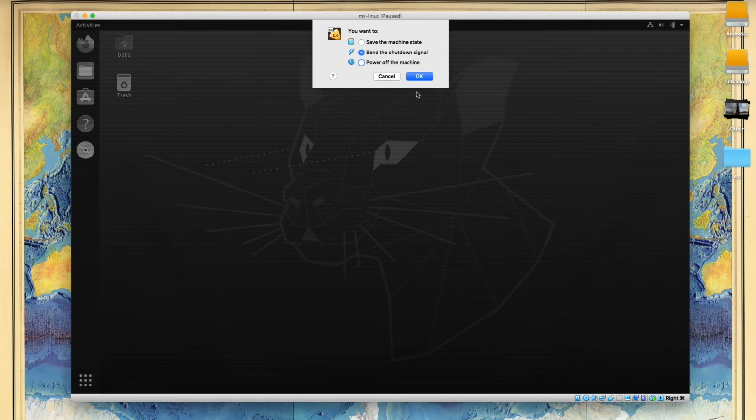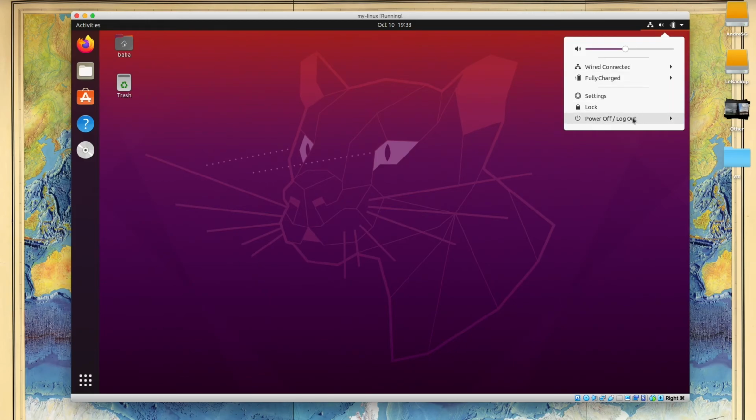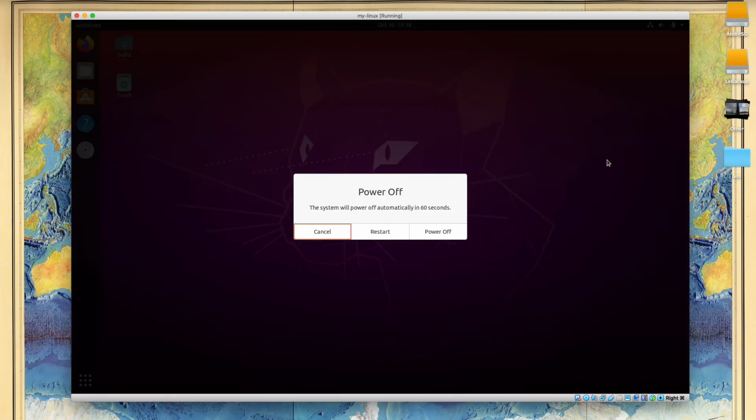If you choose send the shutdown signal, this is like telling your machine that it should shut down, and it's going to start the shutdown process. Or ideally you can come to here and power off the machine. So you can come to power off,